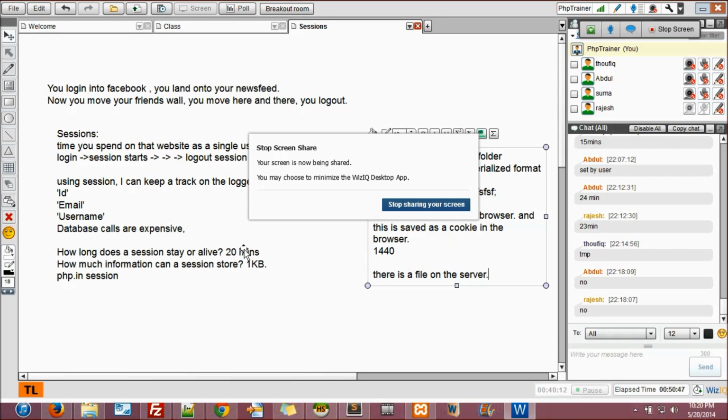The communication is from the browser to the temp file. I have this session ID, it passes the session ID to the temp folder. Okay, there is an identity, get the information, but the temp folder will not do the reverse thing. It won't check whether the ID is present. So that's the reason they keep a time on it. It won't keep checking how many times it's communicating. It only checks: there is a request coming from this session ID, do we have information? Yes, we do. Give it back. So that's the reason it keeps it for the next 3 hours,